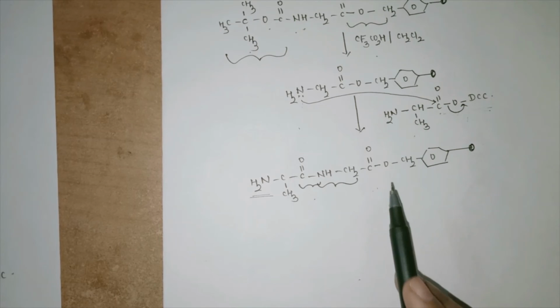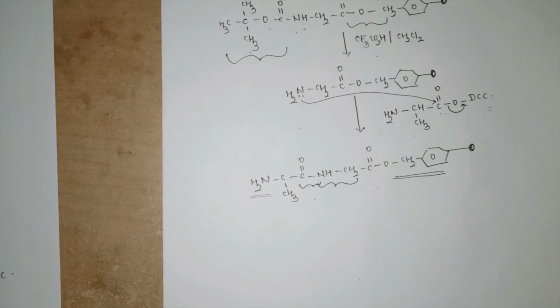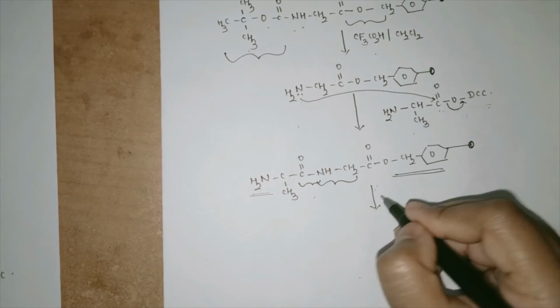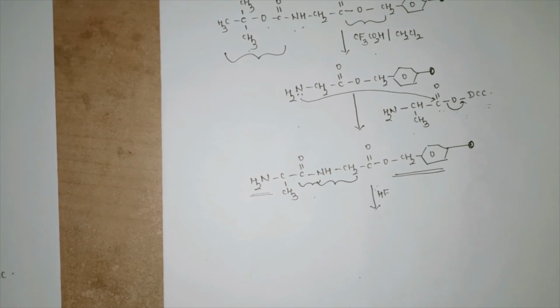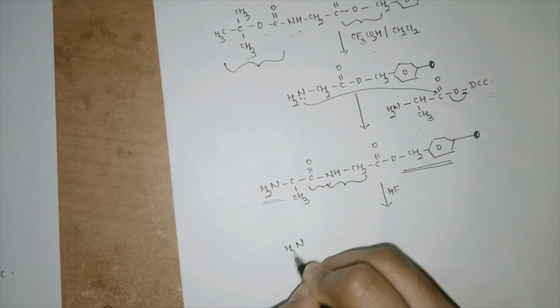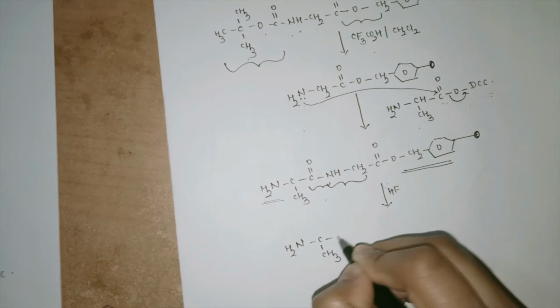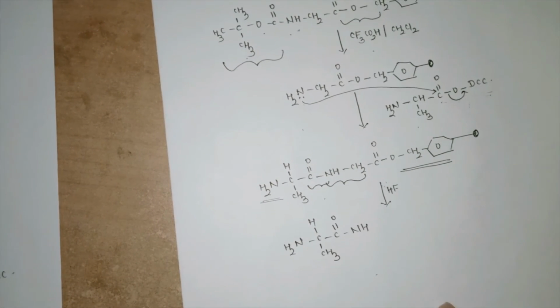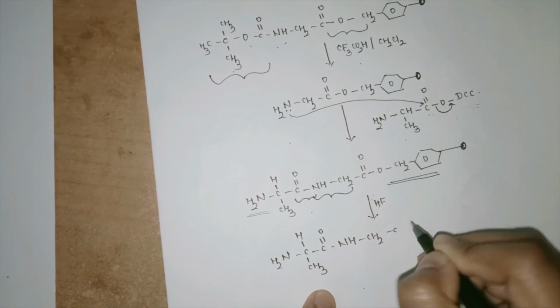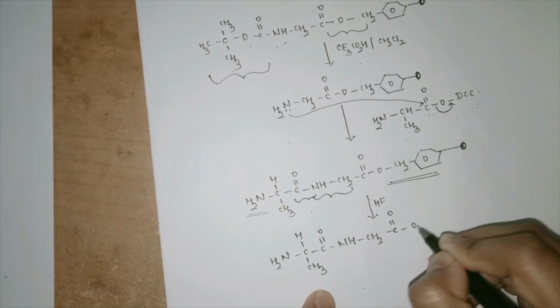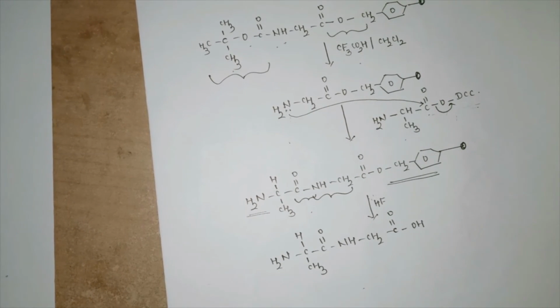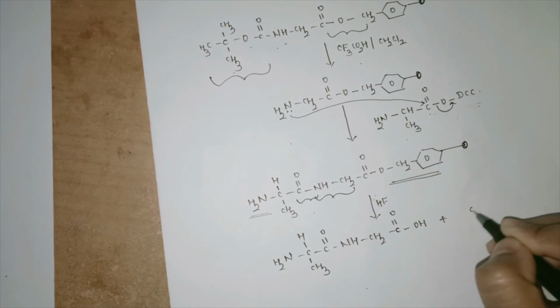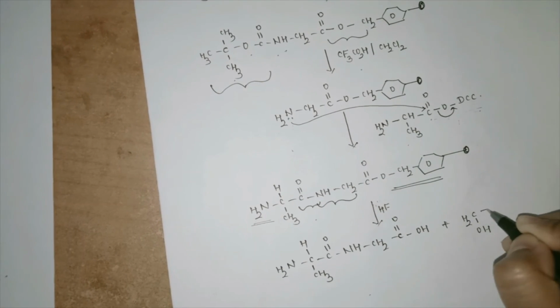We need not have any type of purification for this particular process. But there is this resin which is remaining with me, which I do not want in my final polypeptide. So what I will be doing is I will just add an HF system to this, so that we will be getting NH2, C, CH3, C double bond O, NH. Definitely there is a H over here, CONH, CH2, C double bond O, OH, and then we can easily get a CH2OH system.